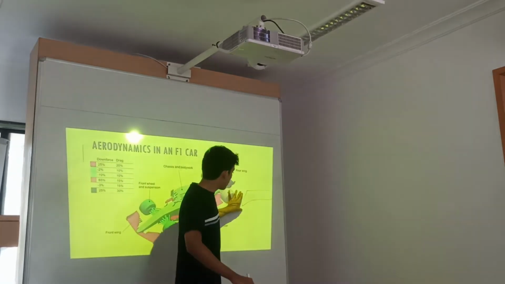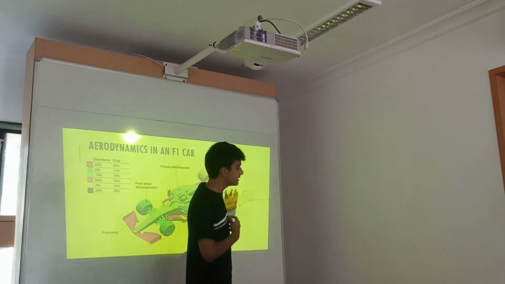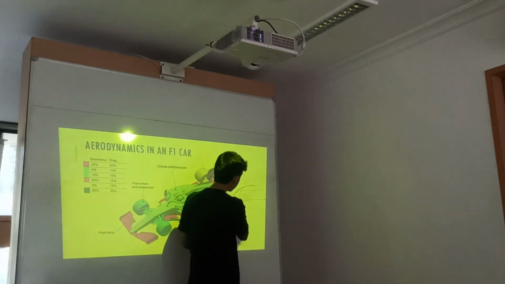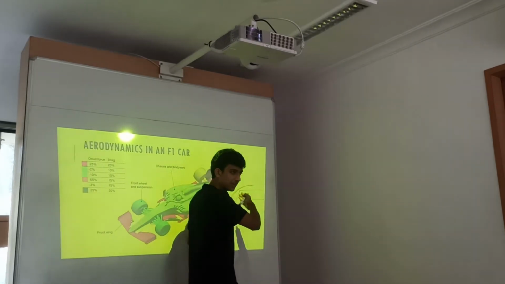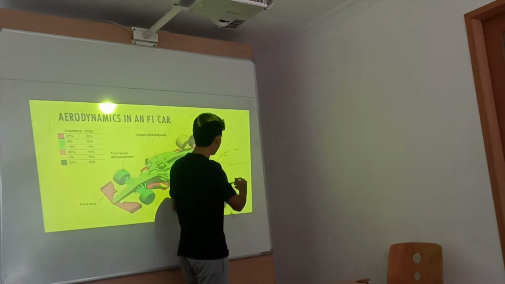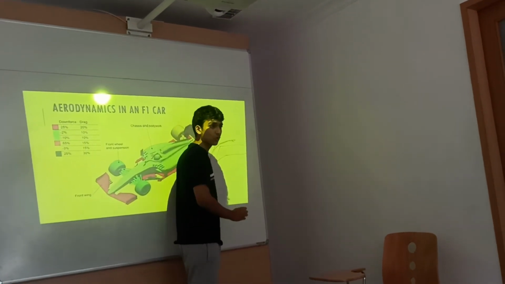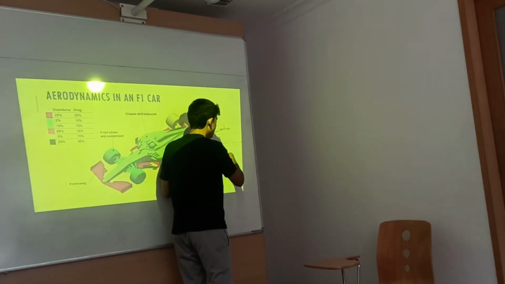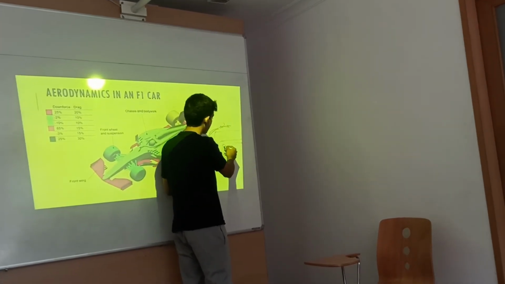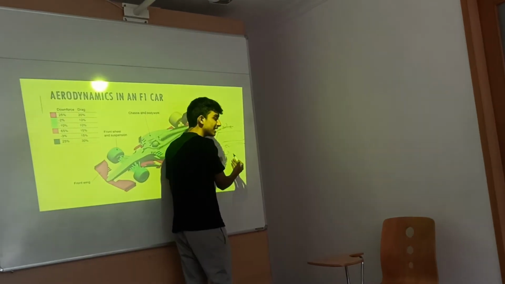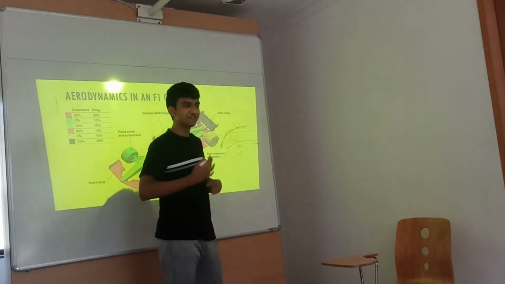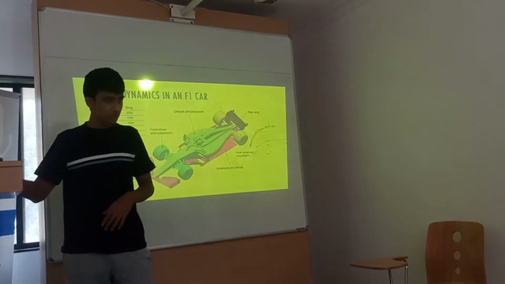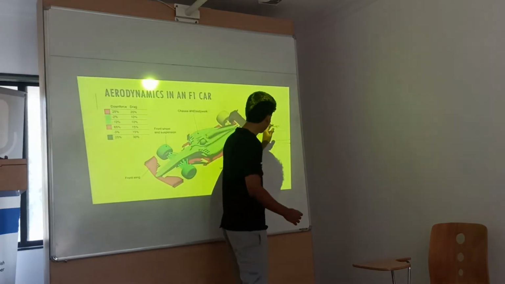Correct? So what must be happening here, according to my understanding, is that when the air is passing through this, it is at higher velocity because it is a rectangle, a more cornered shape. It is not smooth, it is rough like that. So the speed of the air must be faster over here in this shape. Therefore a low density is formed here and air is going completely normally here. So high density of air must be here. So this must be pushing it higher in the air and thus this aerodynamics will be much more efficient than regular designs. It is always advancing. So there will always be more breakthroughs in this.